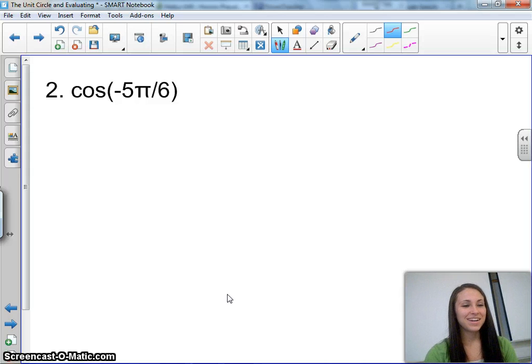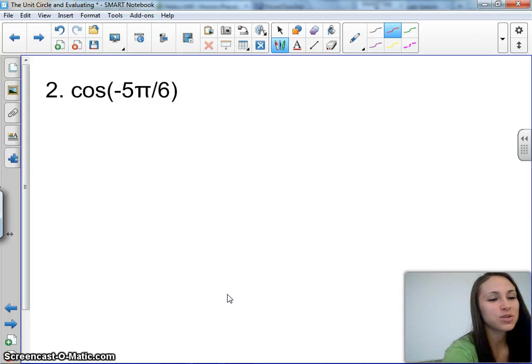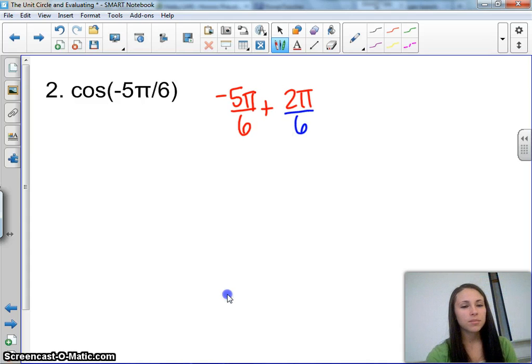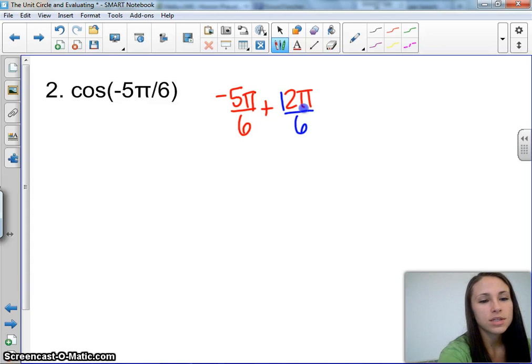Alright, so now we're doing cosine of negative 5 pi over 6. I'm going to do the exact same thing first with the angle. So negative 5 pi over 6 plus 2 pi. And I'm going to get a common denominator, so I'm going to put a 6 in the bottom. And if I times the top by 6, 2 times 6 would just be 12. You can always check this, because if you reduce 12 over 6, that's just going to be 2. So this is like you're adding 2 pi. So this is going to end up being